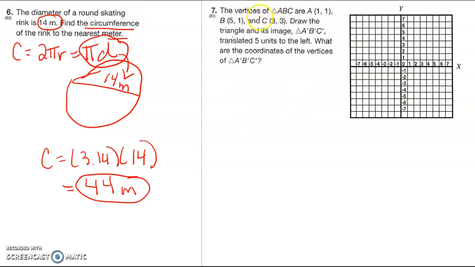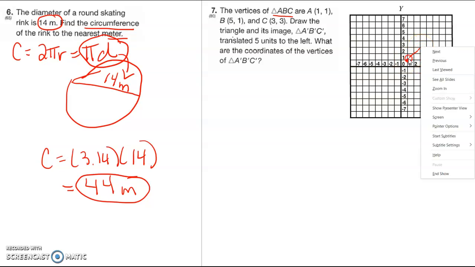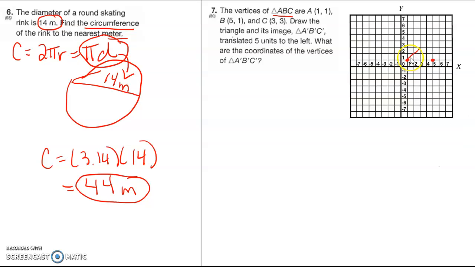So we're going to go ahead and round that. All right, the vertices of triangle ABC are this. So I'm going to stop and draw that triangle. So at 1, 1, 5, 1, and 3, 3. That's lovely. Okay. And then it says draw it 5 units to the left. There's a couple of ways you can do this. You can count 1, 2, 3, 4, 5, and that's going to be 1. 1, 2, 3, 4, 5, and that's another one. 1, 2, 3, 4, and there's another one. So you can either count it,